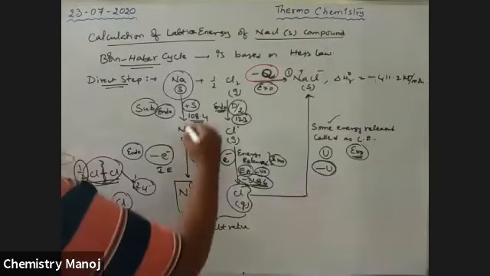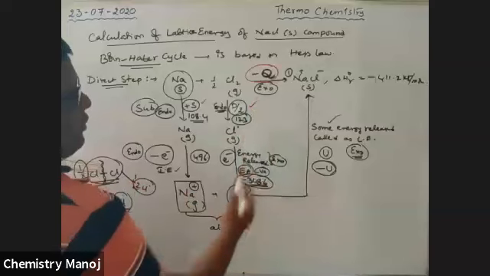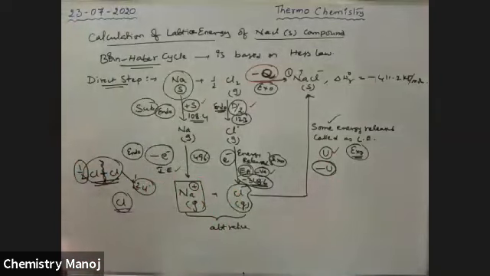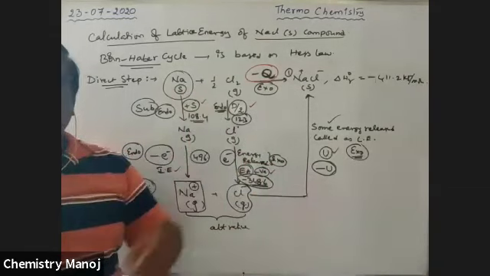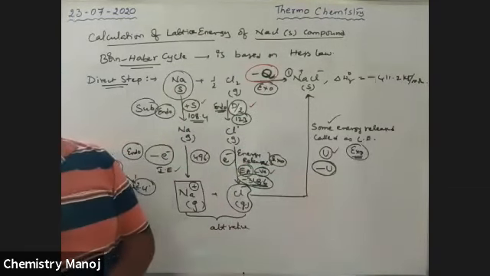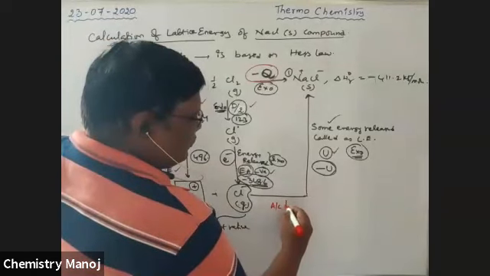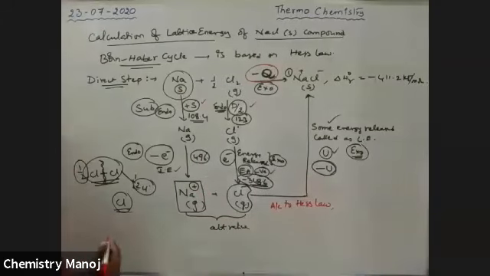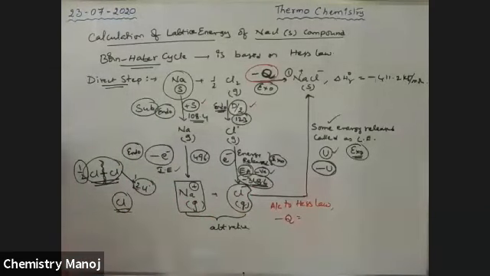So the indirect steps: this is S value, it is ionization energy value, it is D by 2 value, it is electron affinity value, here is the U value. These are all indirect steps. So direct step value is equal to the sum of the multiple steps energy. It is according to our Hess law, because the change in heat energy is always constant. Therefore, according to Hess law, minus Q, the direct step energy, is equal to the sum of the multiple steps energy.